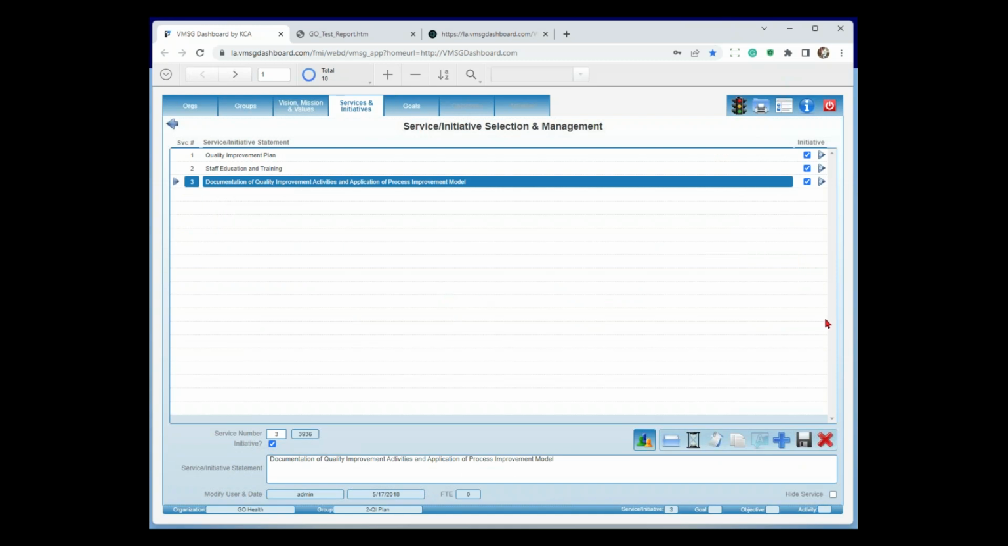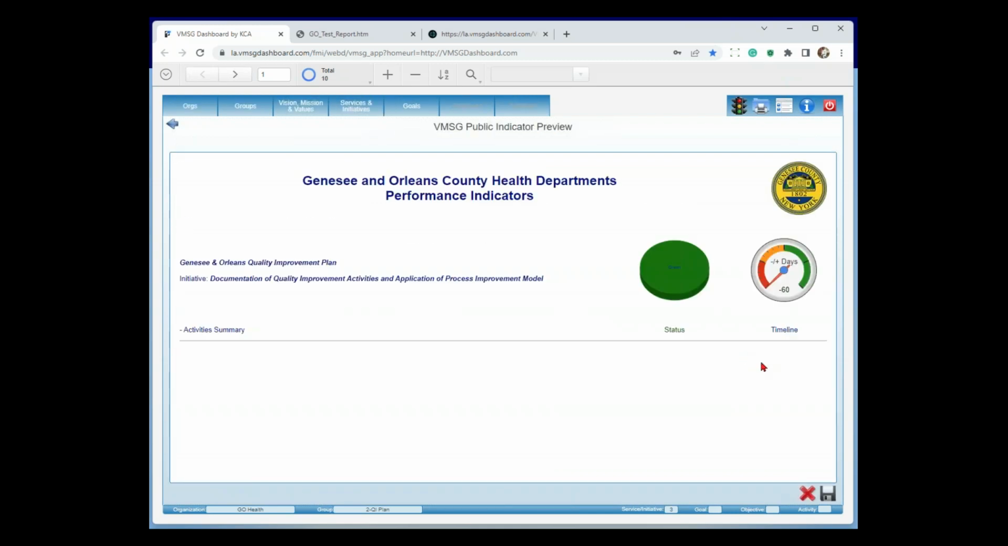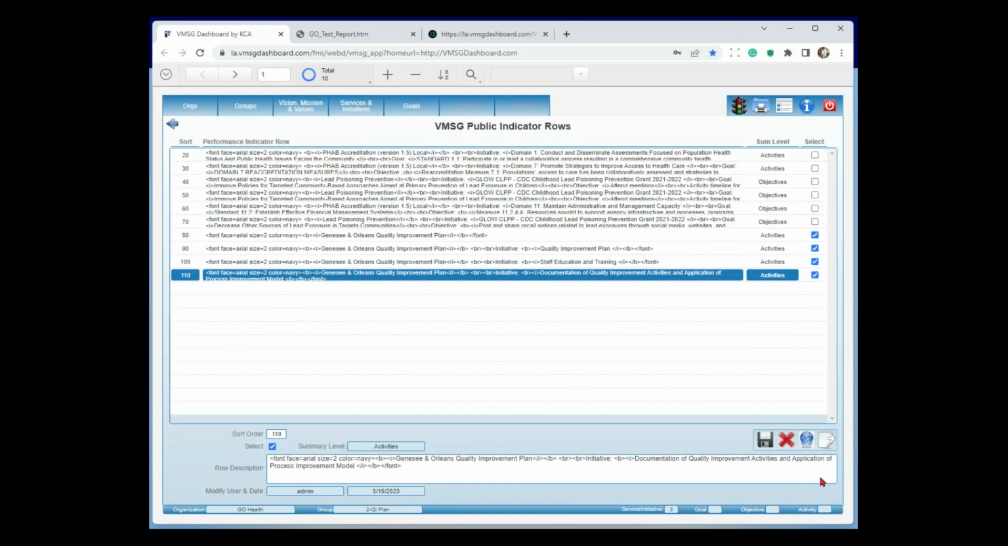Documentation of quality improvement activities. Create that. And we got a lot of green in here, so we're good. Save that one. Okay, so now I have these 4 indicator rows that I want to publish into a web